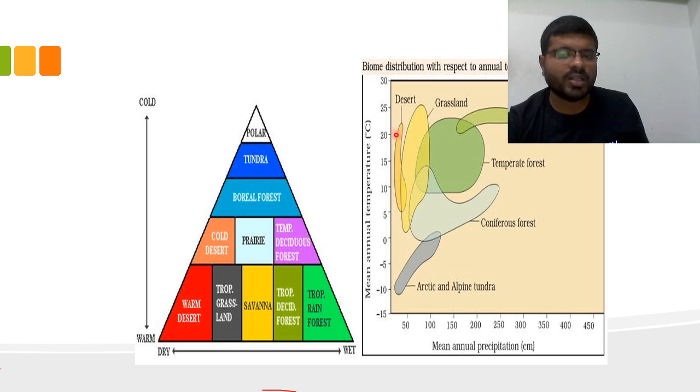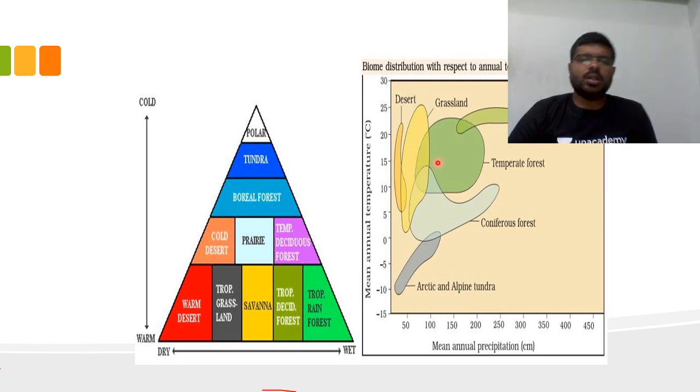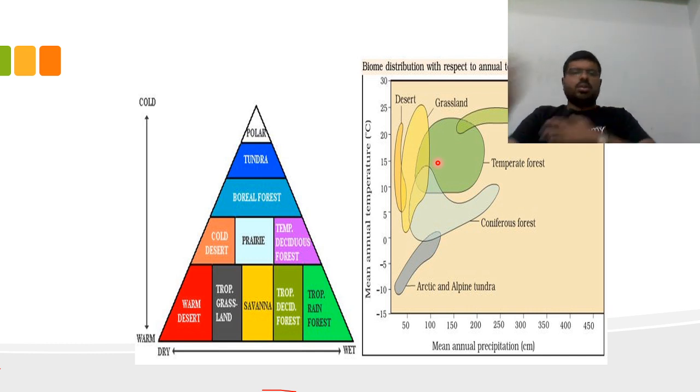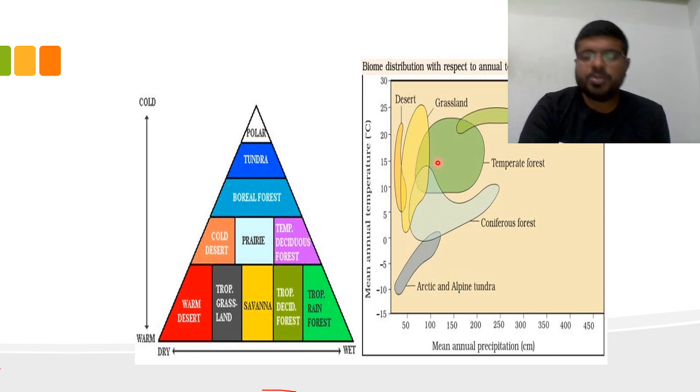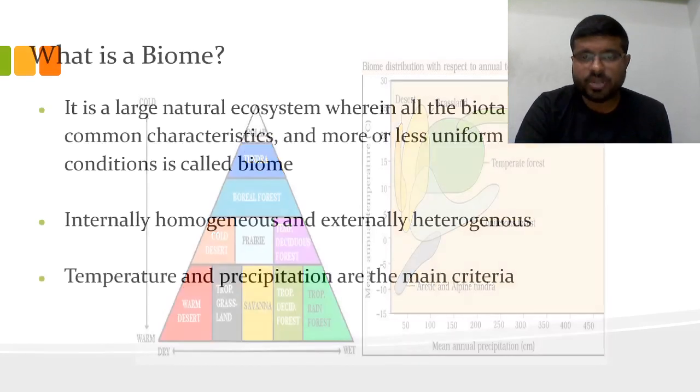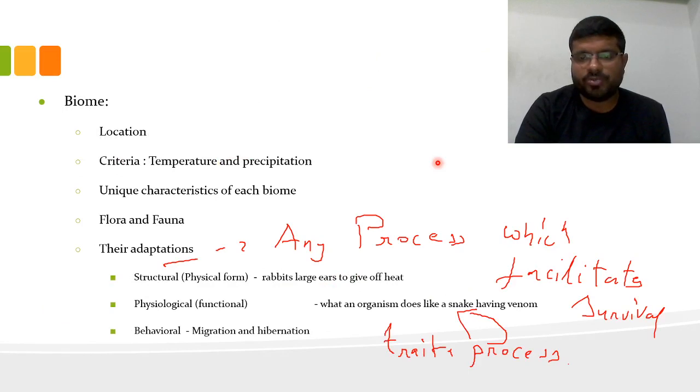Then you find here this is a hot desert, and this might be a cold desert. This might be tropical grassland, this might be temperate grassland. Temperate grasslands are prairies, whereas tropical grasslands we call savannas. So that's what the annual biome distribution is. It is a product of temperature and rainfall, two major criteria. I hope you have understood these concepts very well. So now let us discuss one biome for today.